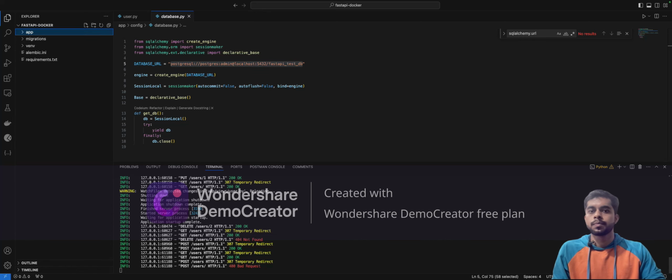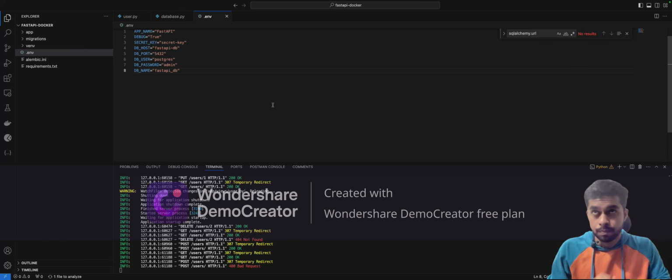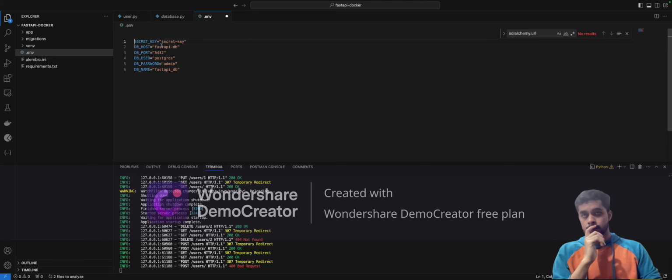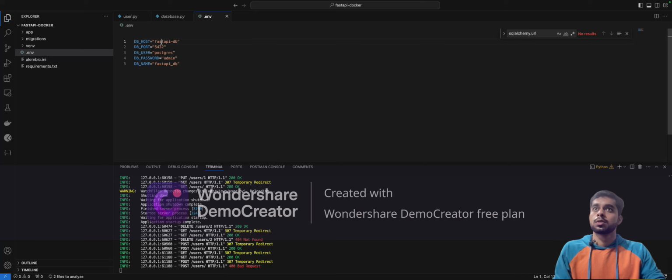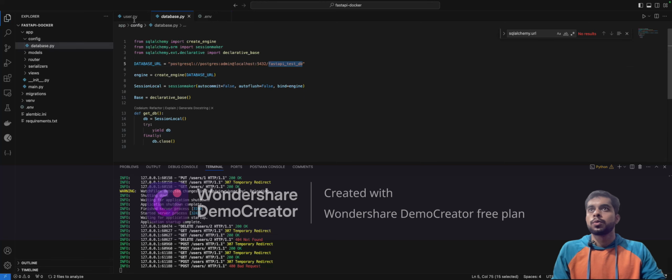So let me just create an environment file, .env. Cool. I've already created these variables. So let's just not take this, right? DB host, our host will be localhost, port is 5432, DB user is Postgres, password is admin, and the DB name, what was our database name, FastAPI test db. So yeah, now